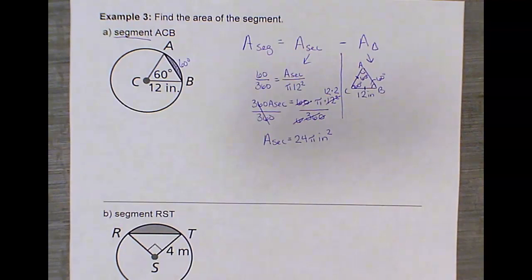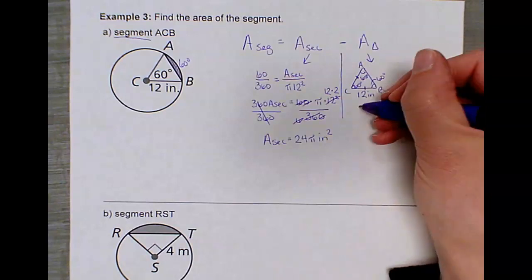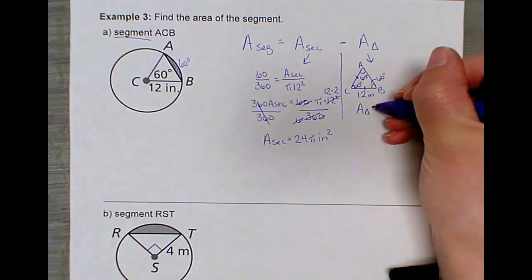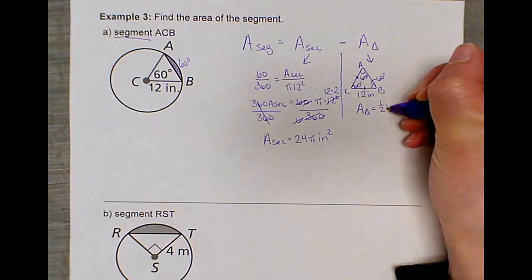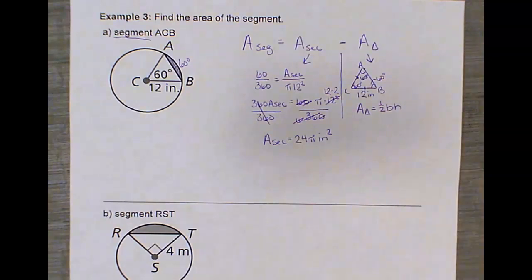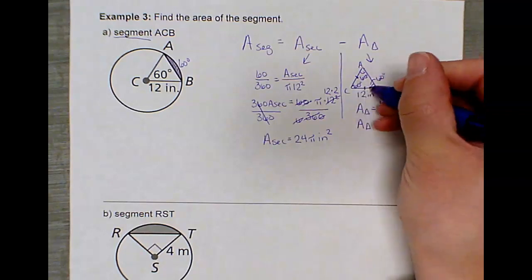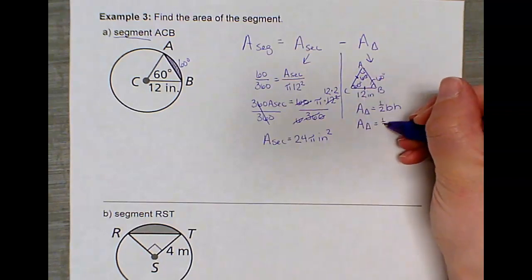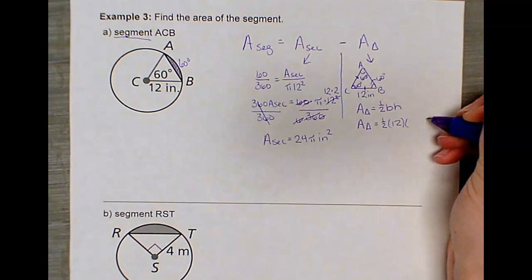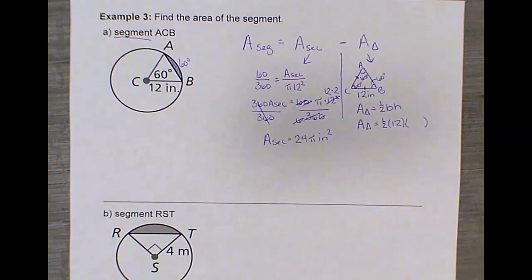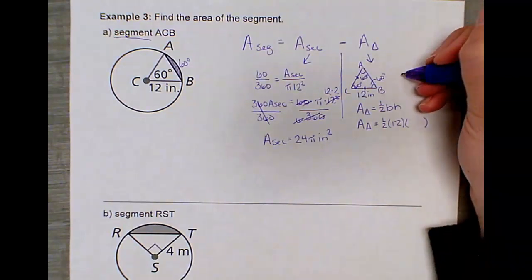So we have an equilateral and equiangular triangle. And in order to calculate the area of the triangle, that formula is 1/2 times the base times the height. So I know the base. The base of the triangle is 12 inches. But what I don't know is the height. So what I'm going to do is draw